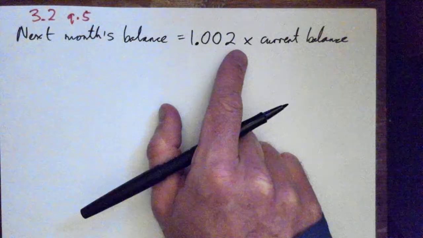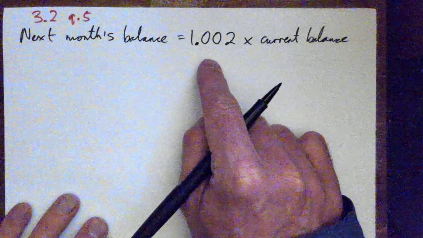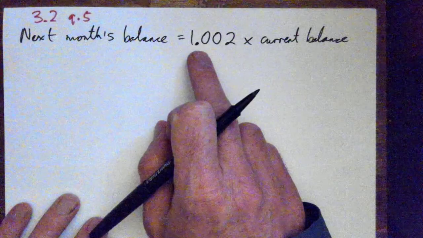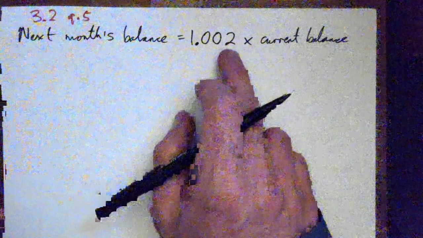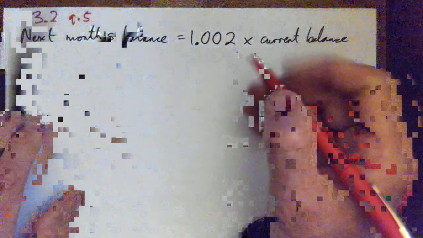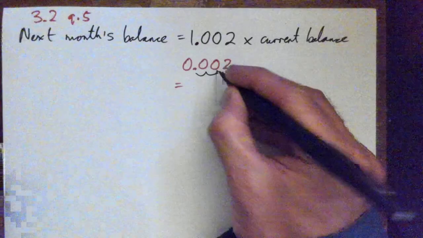Okay? So there's a short answer and a long answer. The short answer is that each month we're multiplying by this, and that gives us the same amount plus a percentage. And so the very short answer is, look, 0.002 as a percentage is just move that decimal point over 2 spaces,